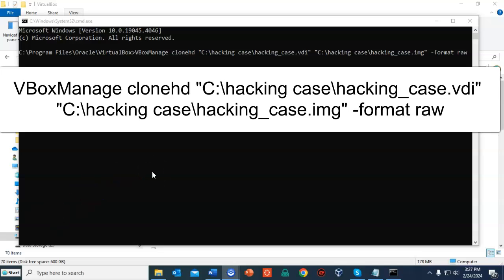And so let's go ahead and break down the syntax so we understand exactly what we're doing. So I have opened up a command prompt inside of the VirtualBox subdirectory up inside of the Oracle directory. Inside of that VirtualBox subdirectory is a utility called VBoxManage. I'm telling the operating system that I want you to use the VBoxManage to clone a hard drive. And I'm telling it that the hard drive that I want it to clone is located at C colon backslash inside of a folder called hacking case, and the name of the file that I want it to clone is called